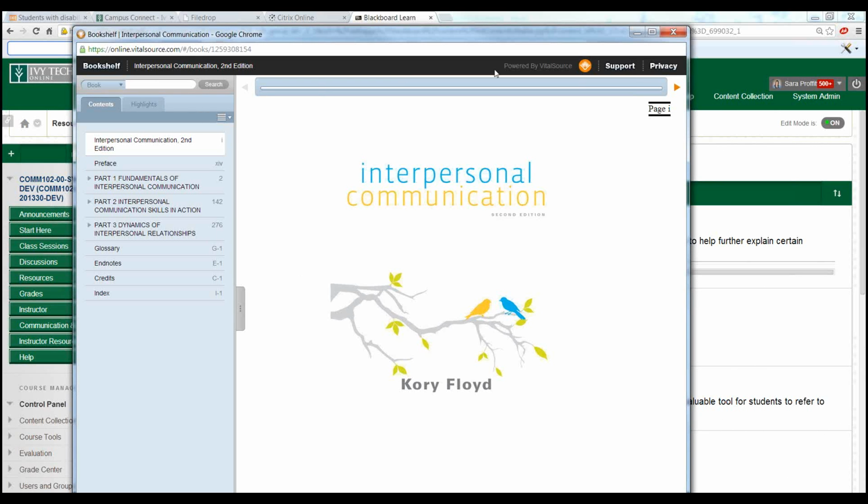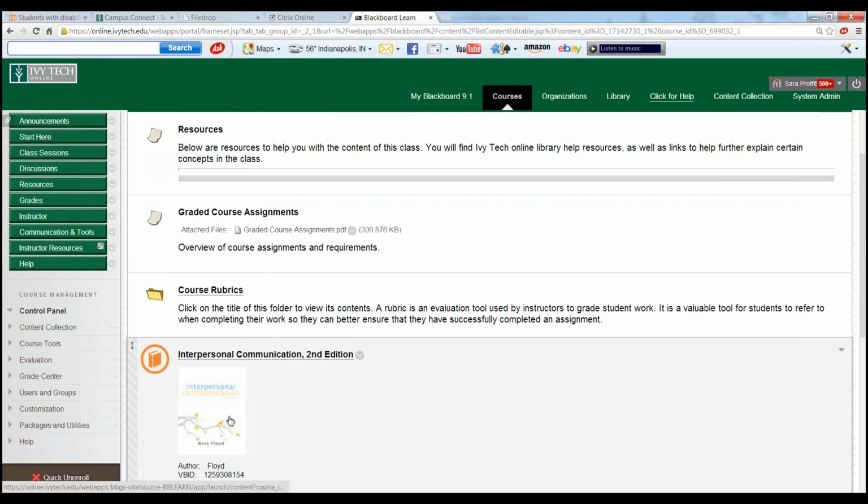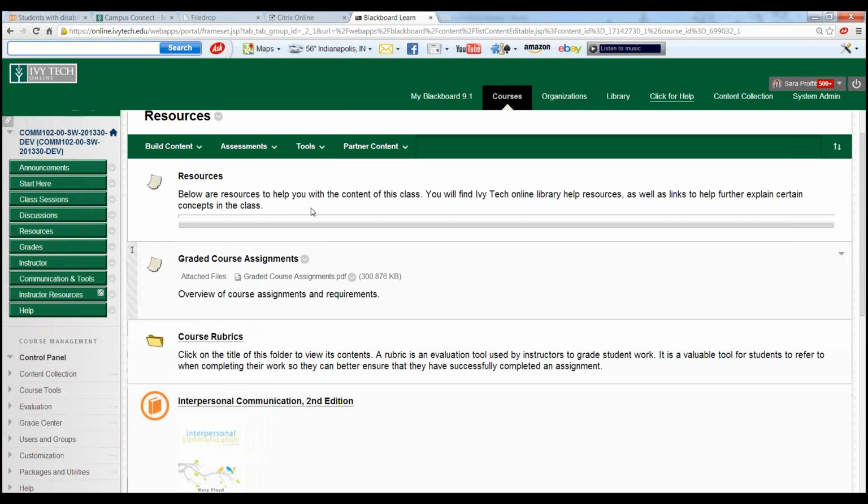Or it takes them straight to Vital Source? They should be good. They should be in the resources area. So I'm going to show you. This is their Vital Source book. Let me actually show you. Here's the resource. It pops up in just a pop-up screen, but right behind here you see I'm now on the